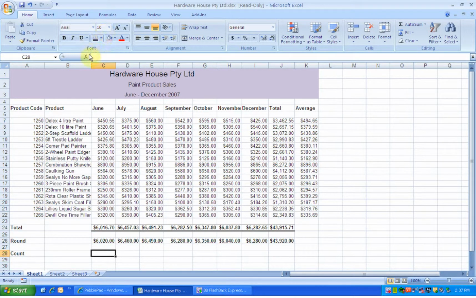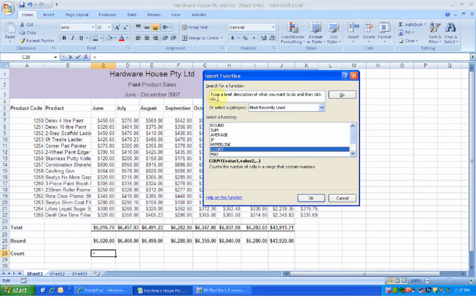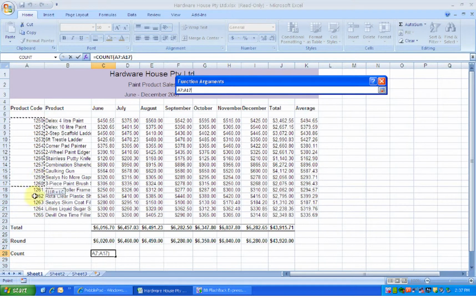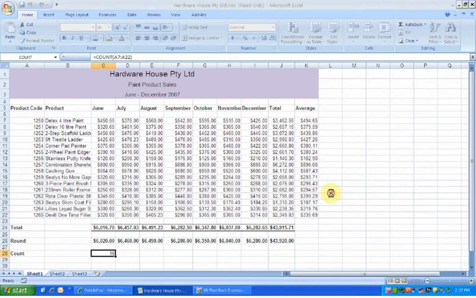To do this function, once again, click on fx, which is the function for all functions, and select count from the list. If you don't find count on your list, just type count here, press go, and you will find the count function, and press OK. Now the selection that we need to use is A7 to A22, because that's how many products we've got with those product codes. So select A7 to A22 and press OK. So what this has done is it has told you that you've got 16 products that Hardware House Pty Limited sells. Okay,